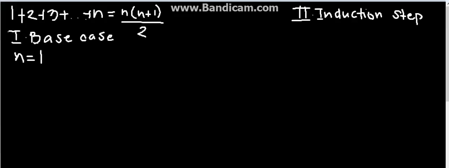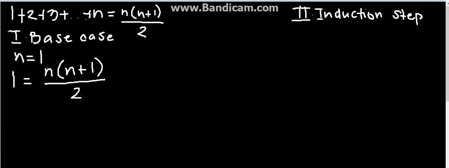So for the first step, we have the base case. In the base case, we equate n with 1. So the first term of the series is 1, so we just put it right here. And for the other side of the equation, you have to put the general term of the series, which is the one written there, n times quantity n plus 1